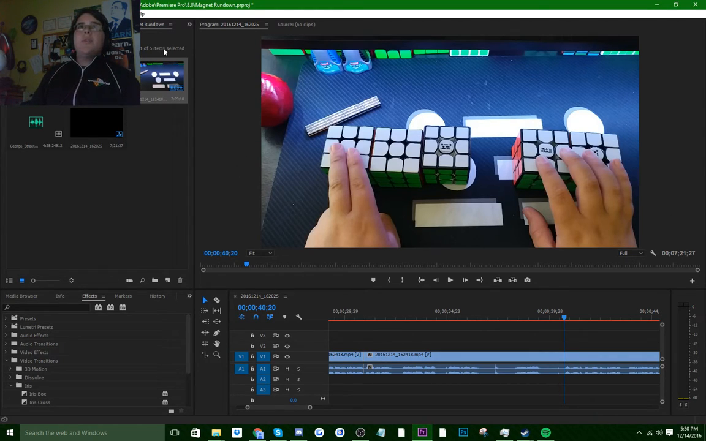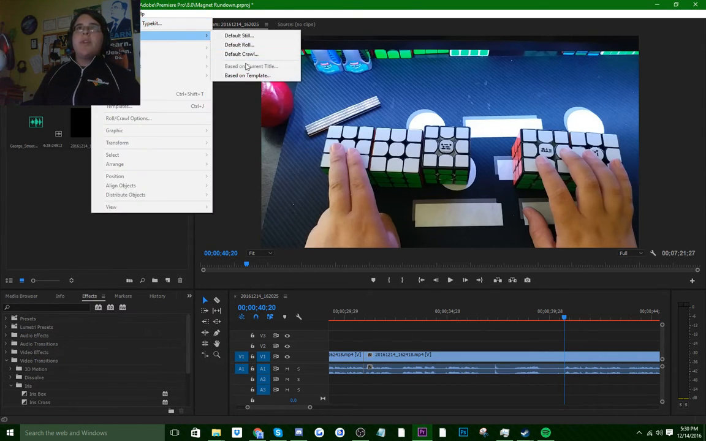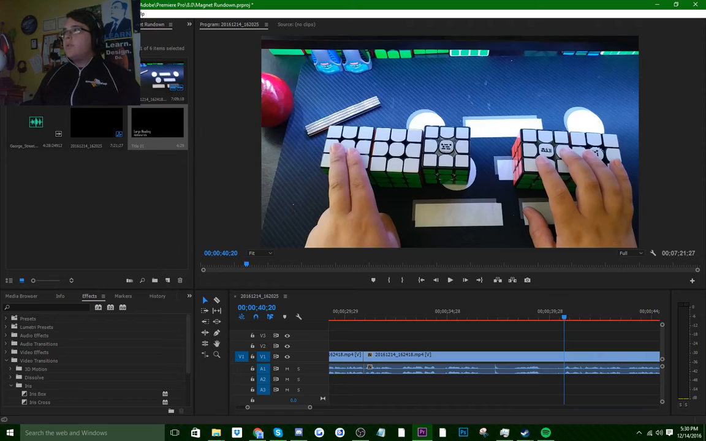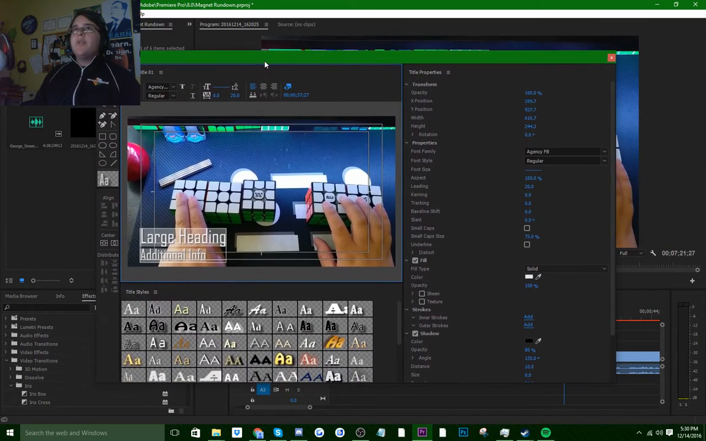So let's see. I have a few title templates, but none of them really fit. So I'm going to base it off of the closest one, which is going to probably be large heading. So then in another window, which is over here, which is the title editor, I'm going to type in. So in place of large heading, I'm going to say